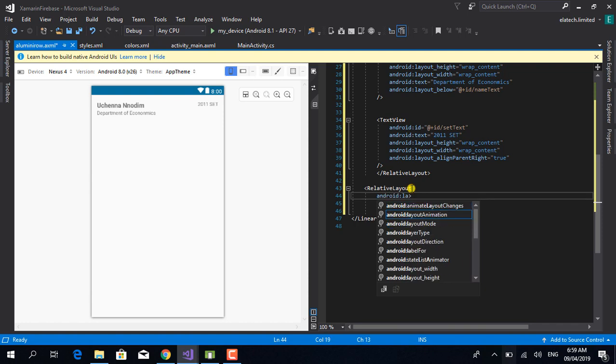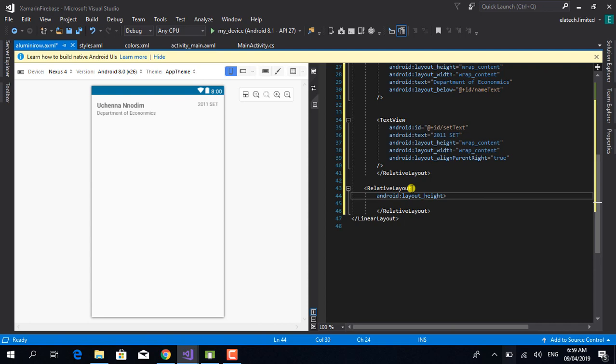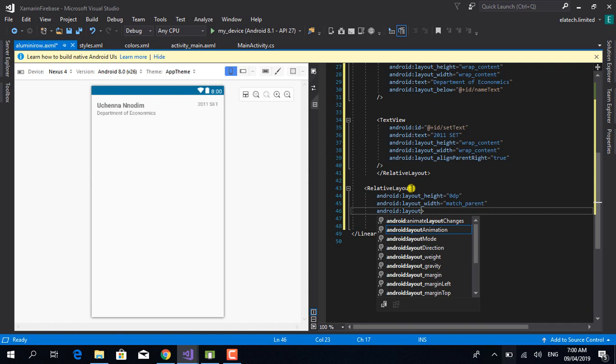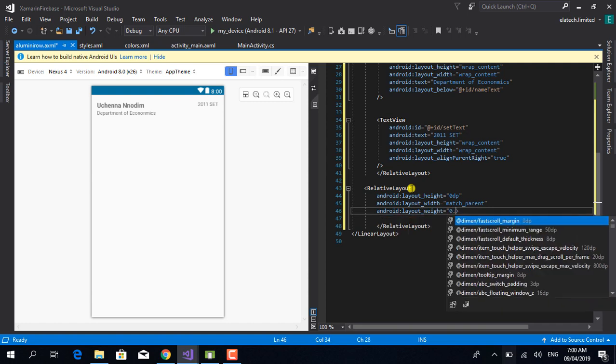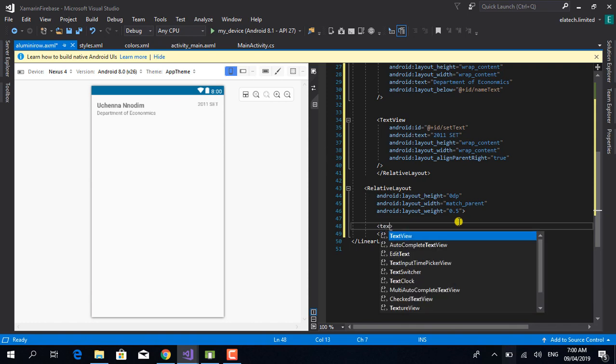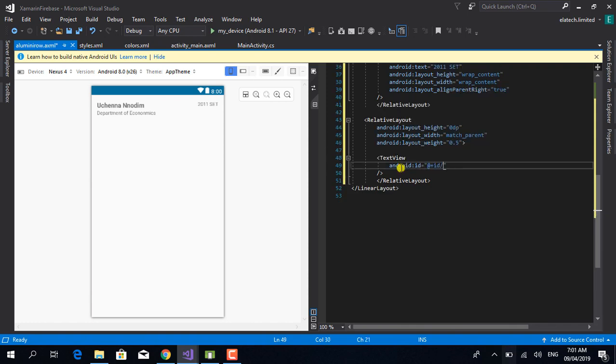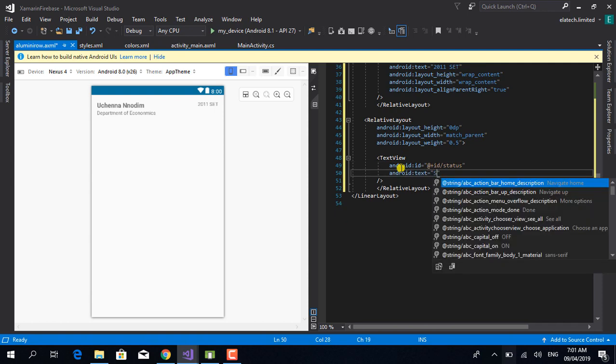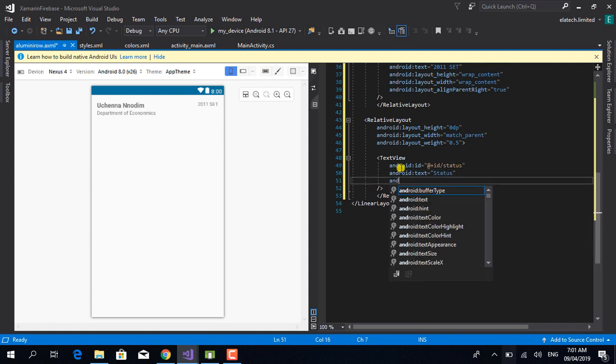So we're going to say android layout height. The layout height will be equal to 0 dp, the layout width will be match parent, and the layout weight will be 0.5. So we're going to go ahead and add our views. The first thing we need to add will be our text view. We're going to have this ID as status. We're going to set the text to read status as well, and the layout height and layout width,